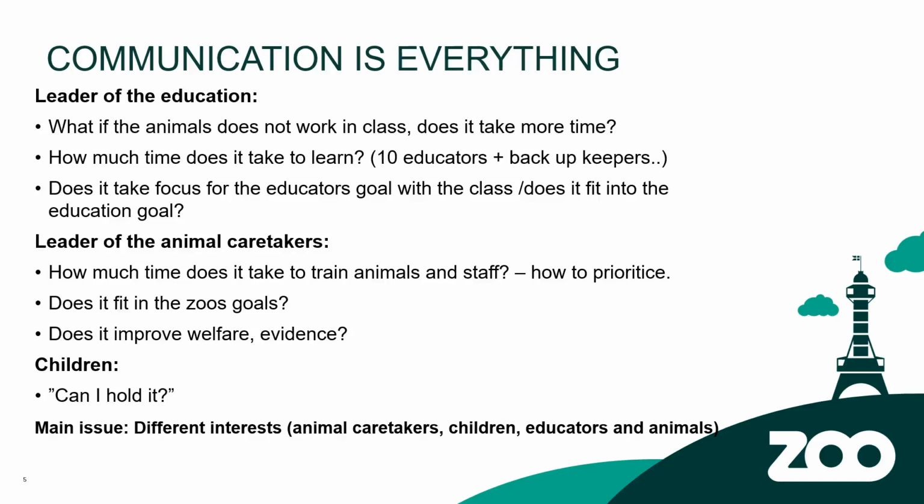Also, the leader of the animal caretakers, my leader, would be interested in knowing how much time I would need to do this, and if it was the right thing to prioritize at the point. And also if it would fit into the zoo's goals, and did it really improve welfare? Like, did we have the evidence? And the children, of course, would be like, can we hold it? So all of these different interests, we really needed to make sure that everybody was happy in this before starting